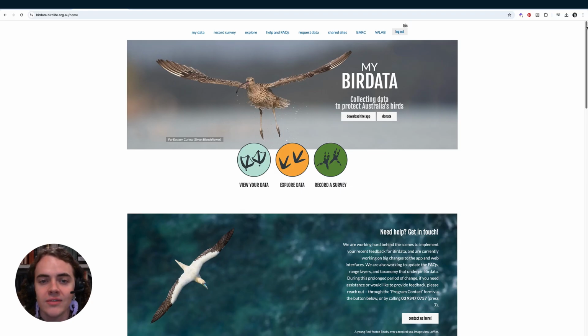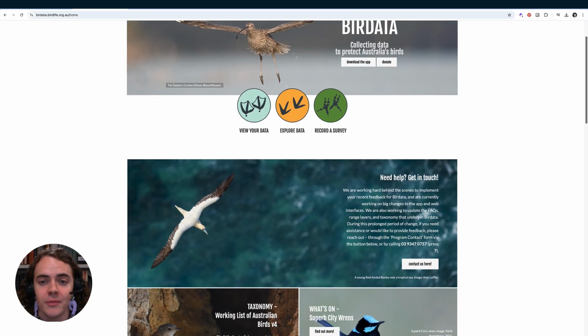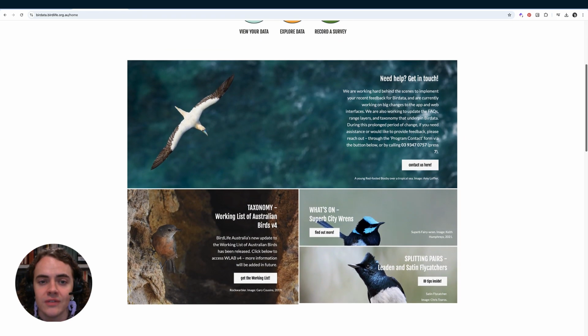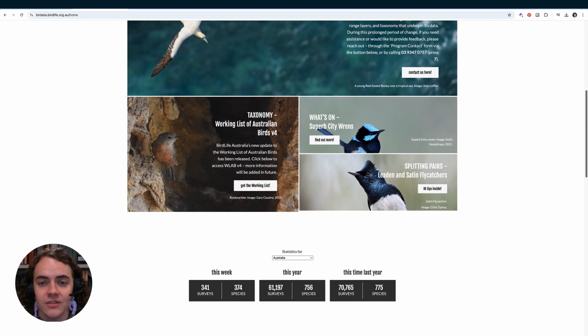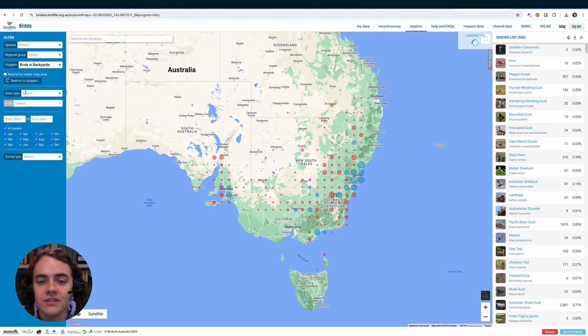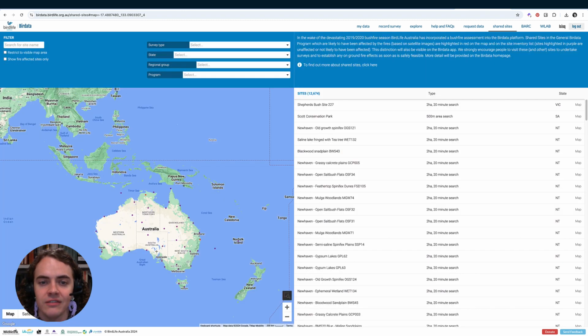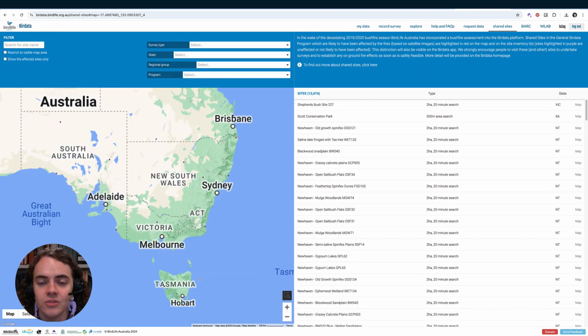your patch home. Birdata is BirdLife Australia's national bird monitoring program. It's a digital repository of Australian bird records that spans over half a century, with over 25 million bird sightings and still counting. Birdata helps us understand where Australia's birds are living and how their populations and distributions are changing